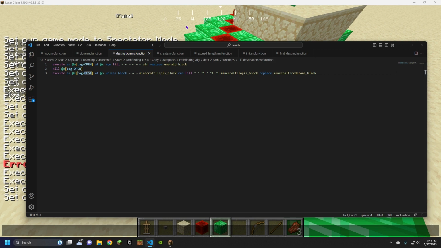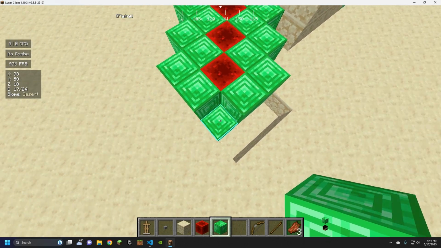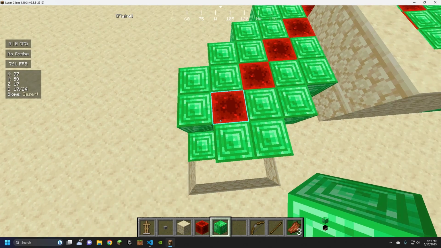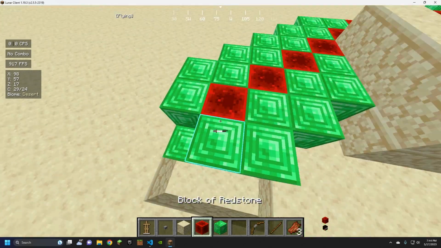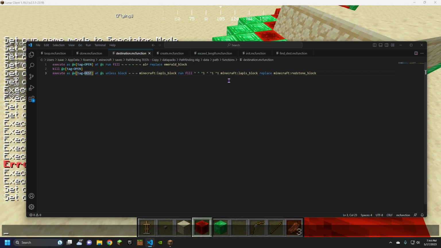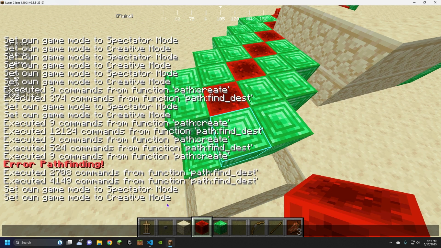Alright, so once it's found it, unless there is a lapis block where it's standing, it's going to place the redstone block that's facing in front of it, or below it, or above it, with a lapis block to mark that it's being pathed back. And then if we go back into the loop, and then at the path ones, which are these redstone blocks,